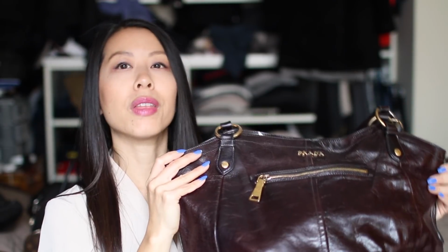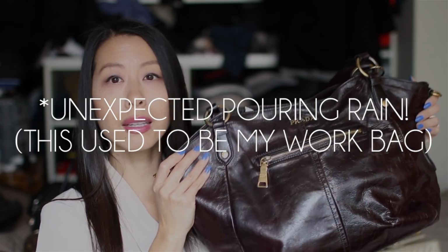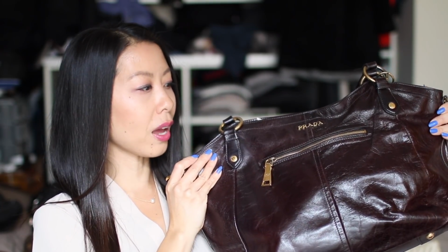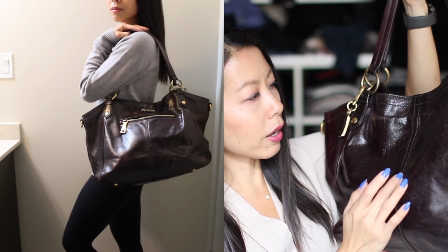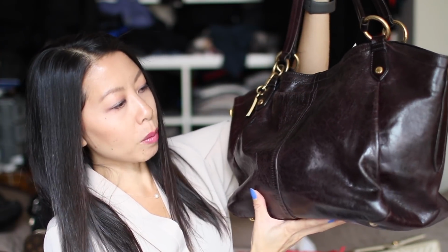I did wear this in the pouring rain a couple of times and it got completely soaked through. So the leather now is actually darker than it was when I got the bag. There is quite a bit of wear and tear on this bag. There are some threads that are coming out here. There's a little tear in the leather at the back, at the seam, but you can't see it because it's